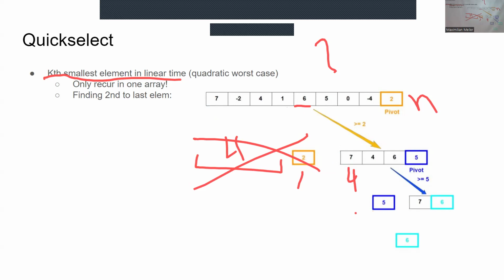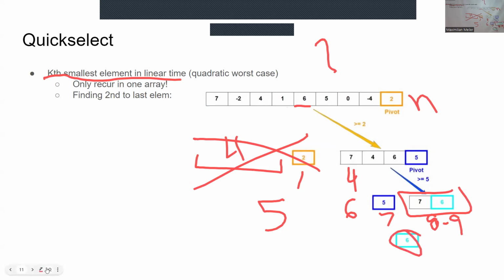So here we know there's 4 here, there's 1 here, so there's like 5 on here. And then the 6th element would be here, the 7th element is here. The 8th and 9th elements are here. So we only continue with this, and then we would choose like 6 as a pivot, and we'd find it here. So basically, the overarching idea for this